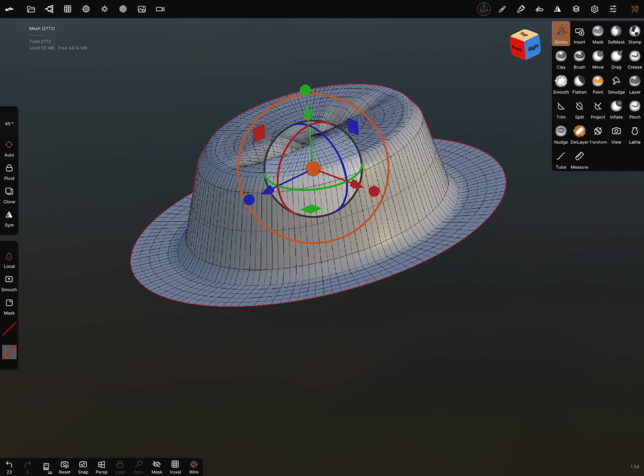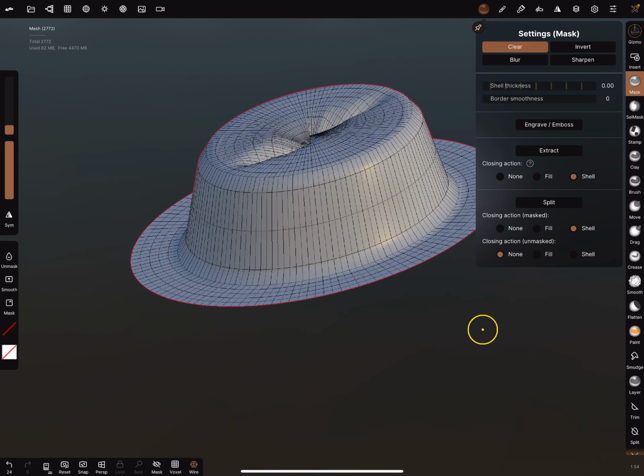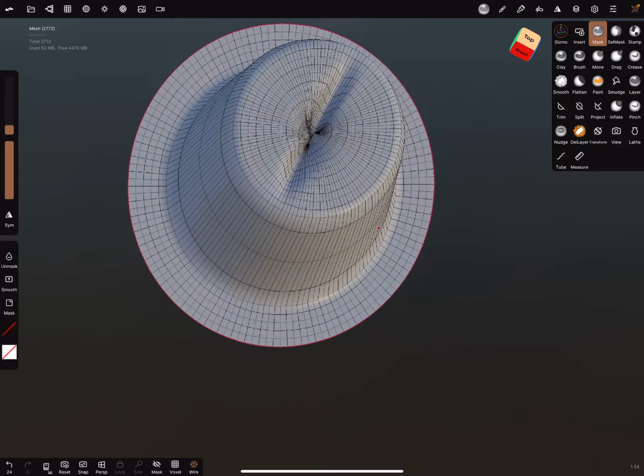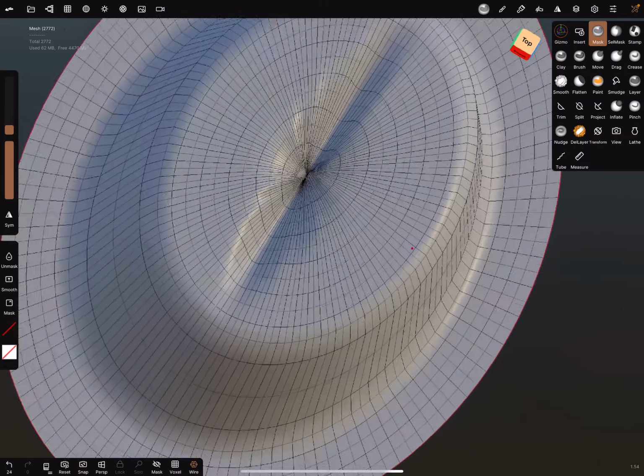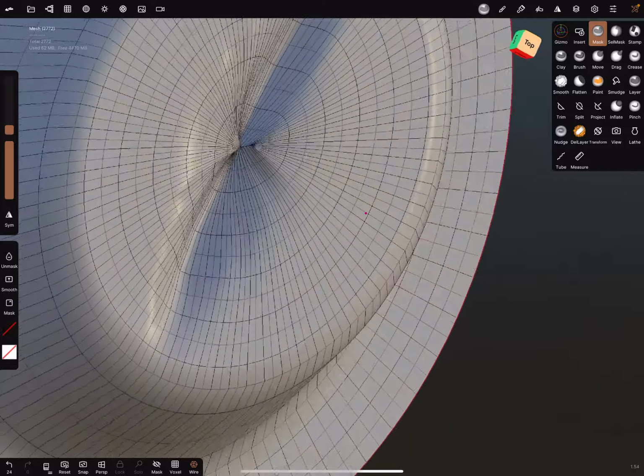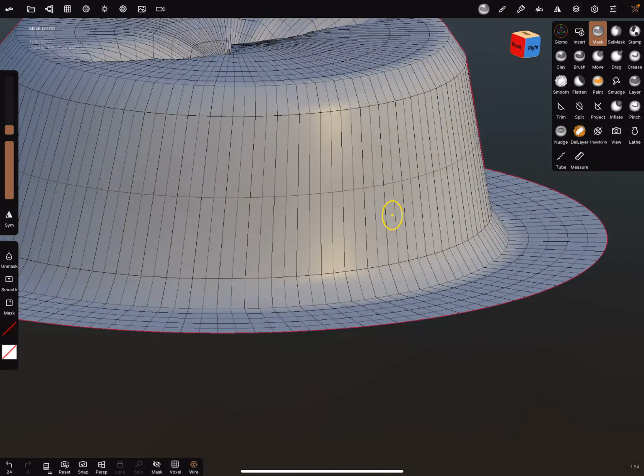And clear the mask. That's not perfect in the middle. We can adjust it later, I think.